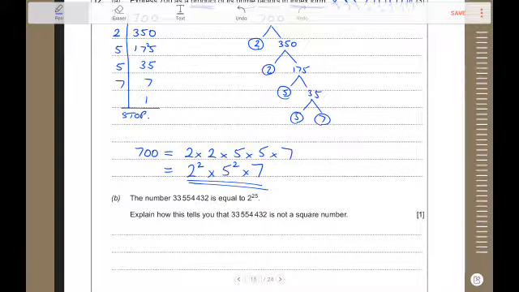33,554,432 is equal to 2 to the power 25. Explain how this tells you that 33,554,432 is not a square number. Well, it's all about the power, all about the index. 2 to the 25 is not a square number